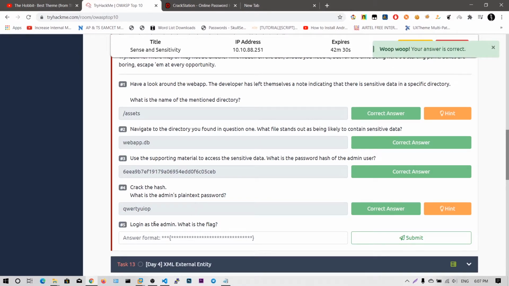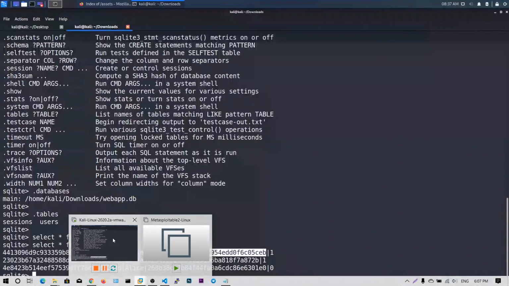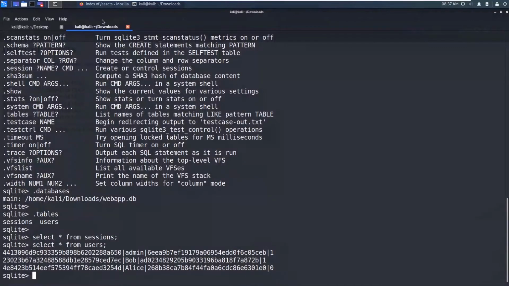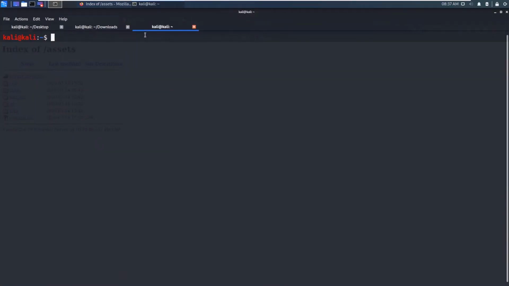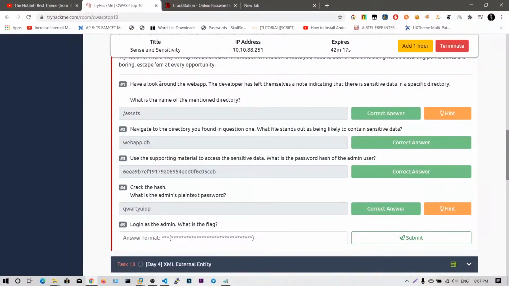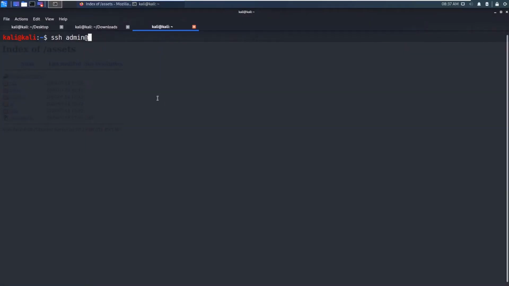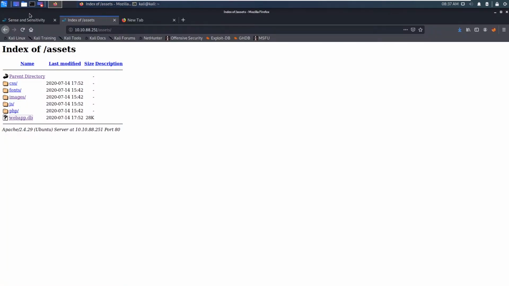Now they are asking to log in as the admin and what is the flag. We need to use SSH to log in, SSH admin at the IP address. I think SSH works, maybe the SSH service is running on that computer. Alright, I just forgot this.